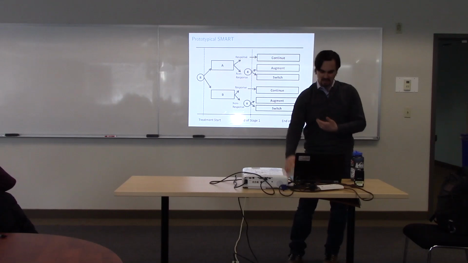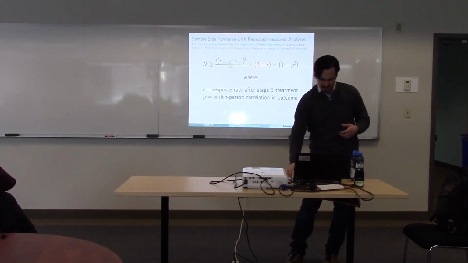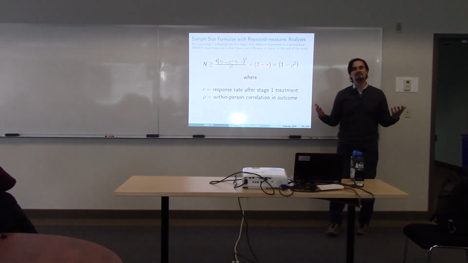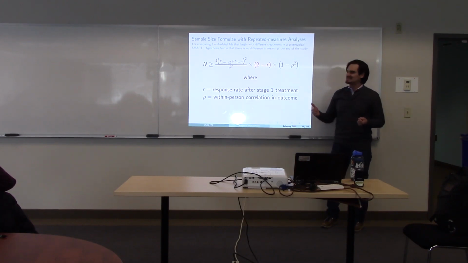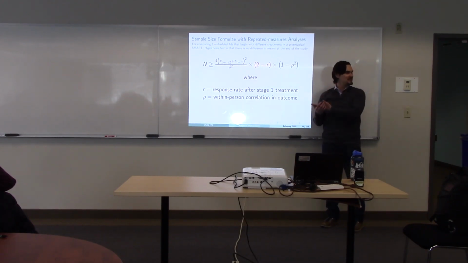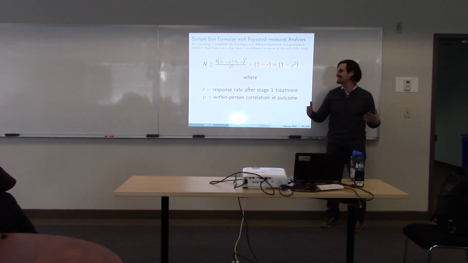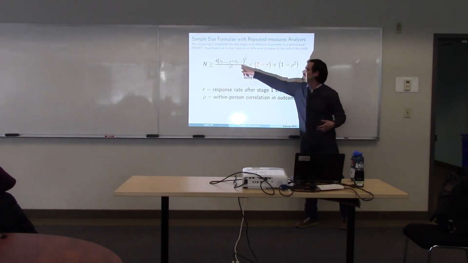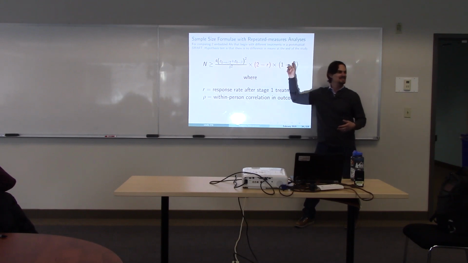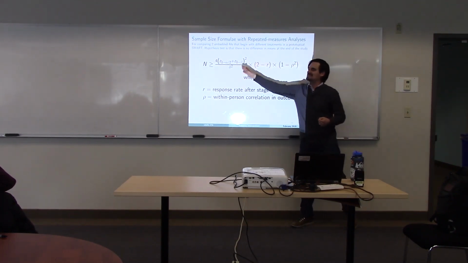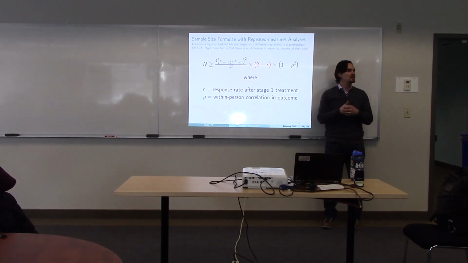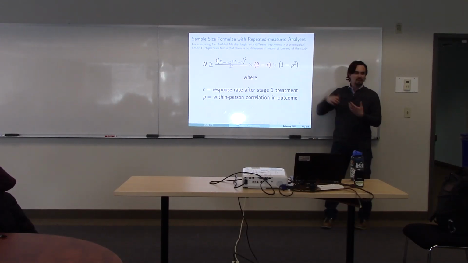So in a prototypical SMART like this one, I do the mathematics that helps generate sample size formula. So for example, the sample size formula for an analysis like the one I just showed you is nothing more than the standard sample size formula for a repeated measures design. All right, ignore the red for a moment. The black is the standard sample size formula for a longitudinal study. Rho is my within-person correlation.